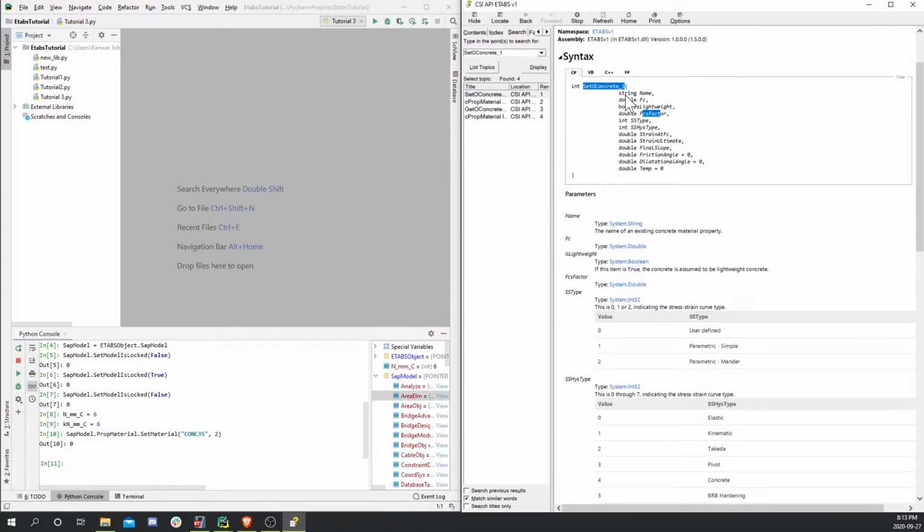Basically, it's a string, a double, which is basically a decimal number, takes up twice as much memory as a float, but that's not important. A bool, double, integer, integer, double, and these are all doubles. So then when I go ahead and type that in, it'll be